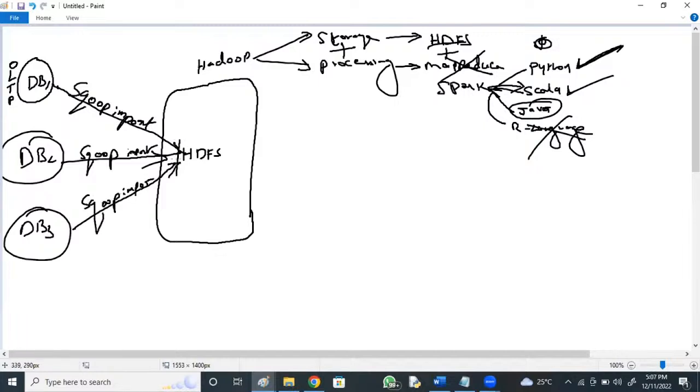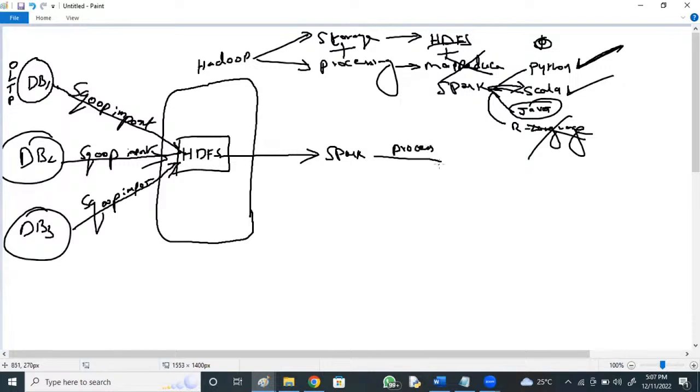Into HDFS, you are going to bring the data from different sources to Hadoop. From HDFS you have many processing components. Previously they used MapReduce, Pig, Hive. Now, from this HDFS, Spark is going to read the file and process it.